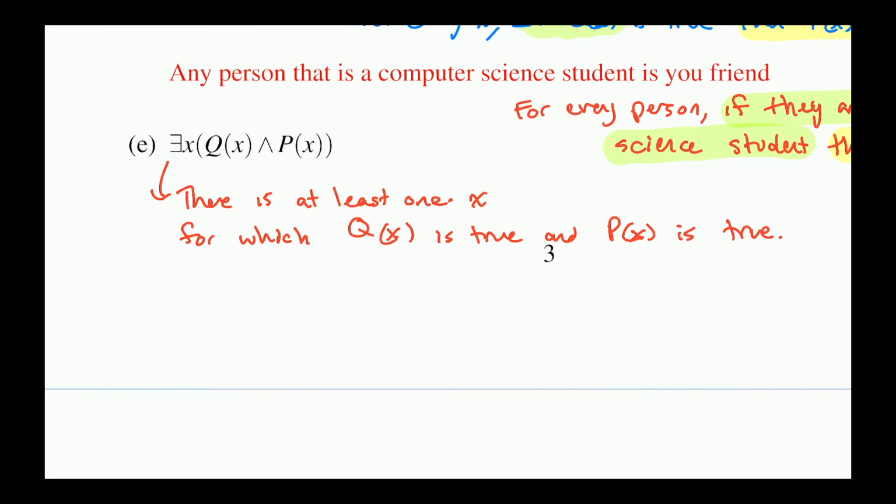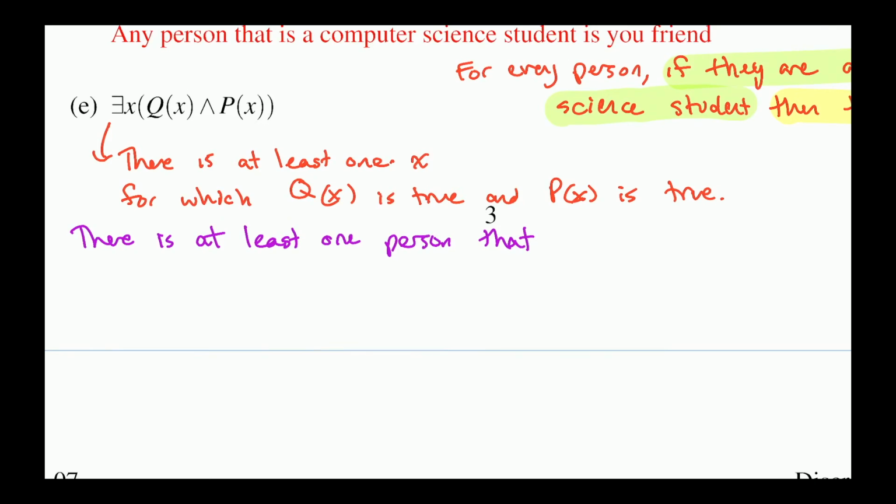So now let's write that in words. There is at least one x. X is people. So there is at least one person that has property Q and has property P. So property Q is that they're a computer science student, and property P is that they are your friend. So there is at least one person that is a computer science student and is also